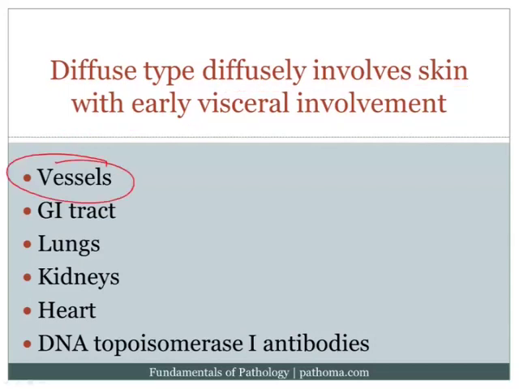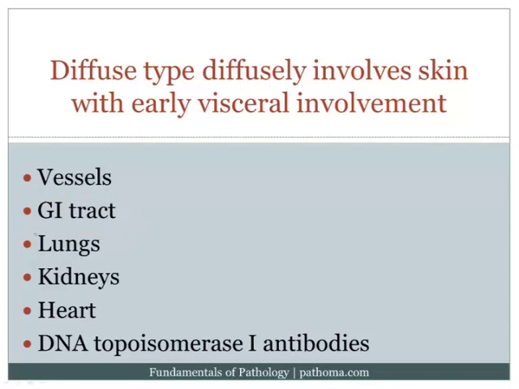Classic organs include vessels, giving you Raynaud phenomena. The most commonly involved organ system is the GI tract. This can, for example, involve the stomach, leading to delayed emptying. It can involve the small bowel, leading to malabsorption. The esophagus is the classic site, and when you get esophageal involvement, you get dysphagia. You can also get another finding of gastroesophageal reflux disease, which you'll learn more about when you do your GI